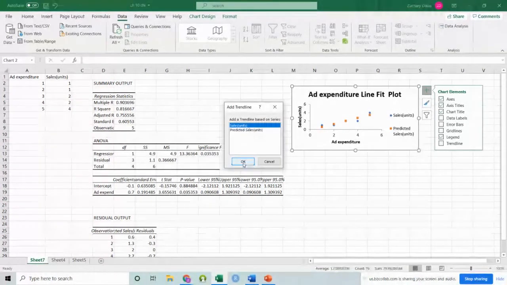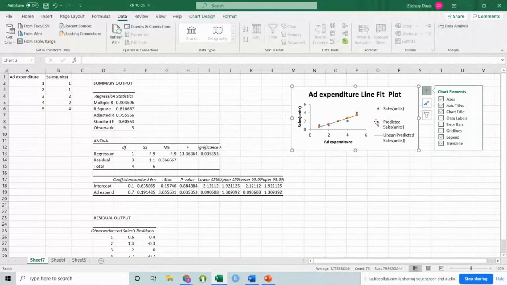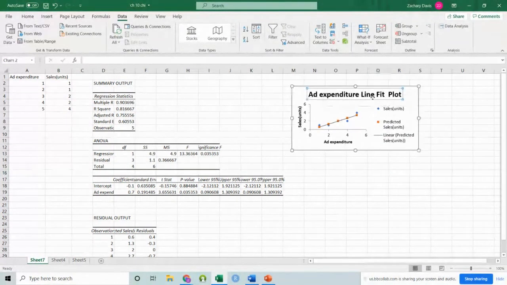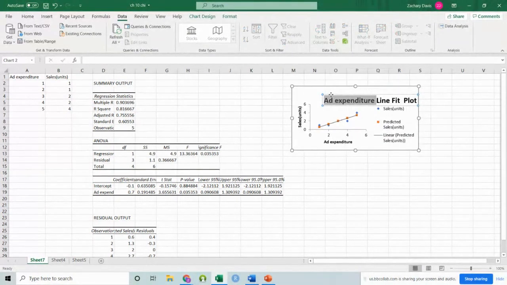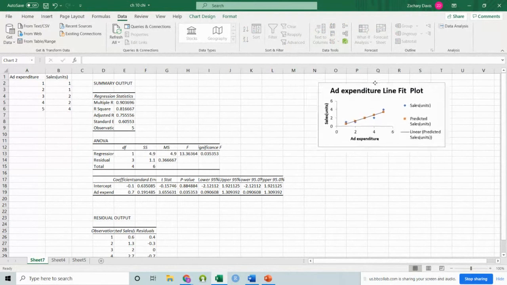Put the trend line in, put it over there, and see if it'll give us about the same. Gives us the same scatter plot